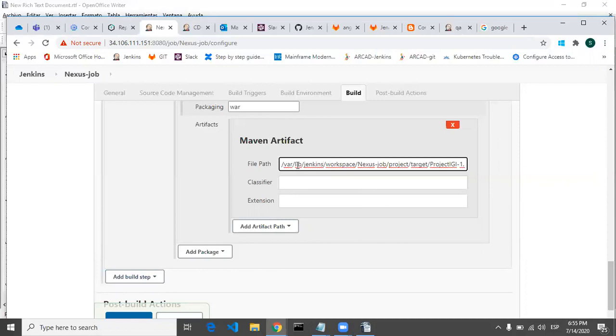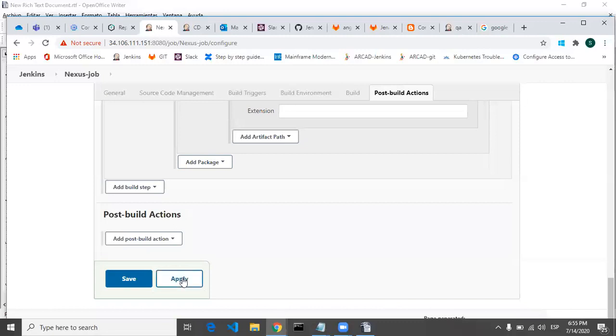Once you execute this Nexus job application, then workspace will be created, and inside workspace this project name will be created. Okay, Nexus job, inside that the project and the war file will be present in the target folder. Okay, so let's apply and save